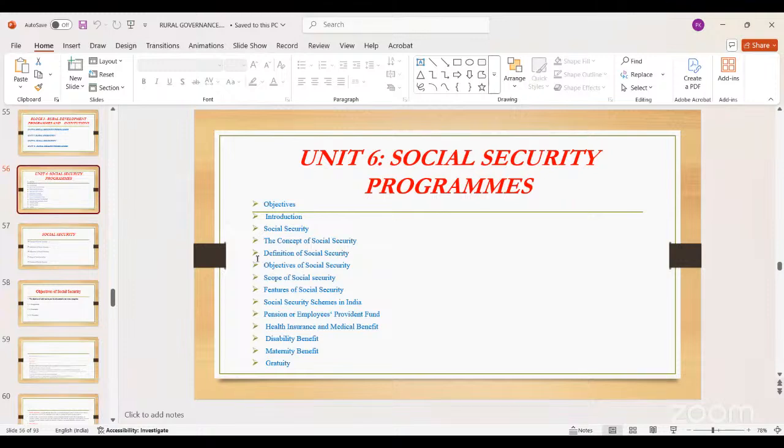After having discussed the objective of social security, we'll move to the scope of social security, right? So the scope of social security is very comprehensive and very wide actually. There is one convention of ILO, convention number 102. According to this convention, there are nine different mechanisms of social security that give a scope of